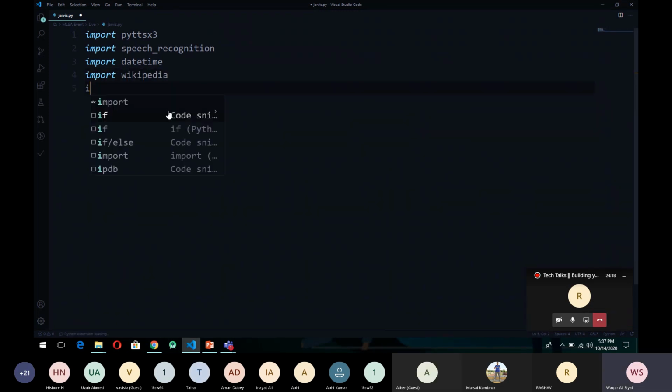Third one is datetime, and fourth one is Wikipedia.